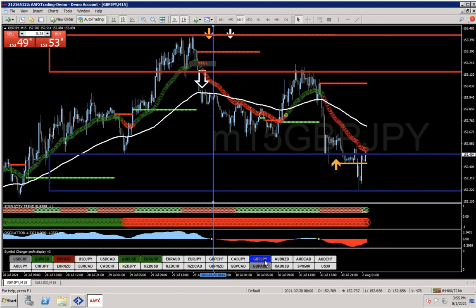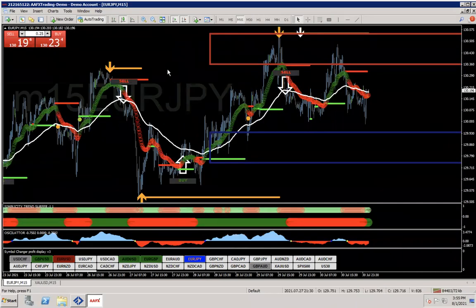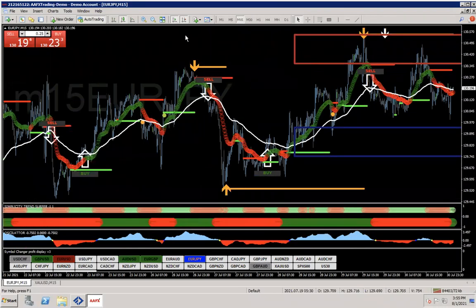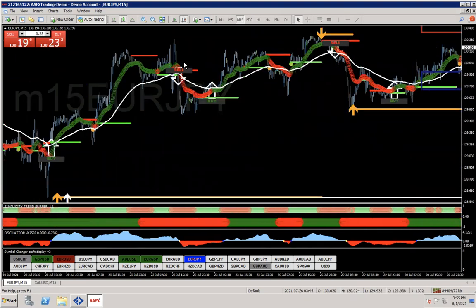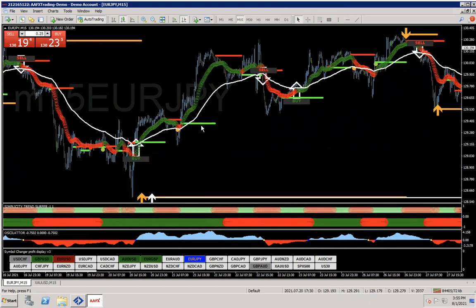But what I wanted to show you guys, and I think I just released a video where it talks about using these support and resistance lines that Simplicity has, and you can access those like this. Hold on,